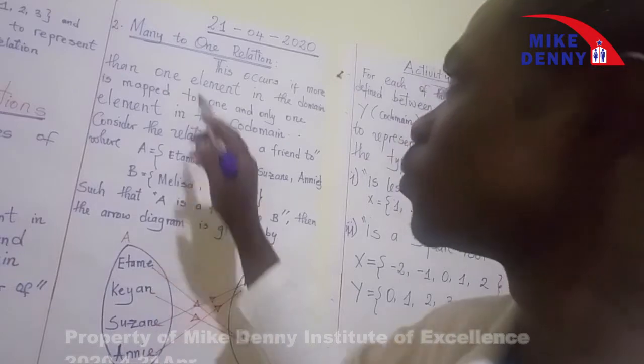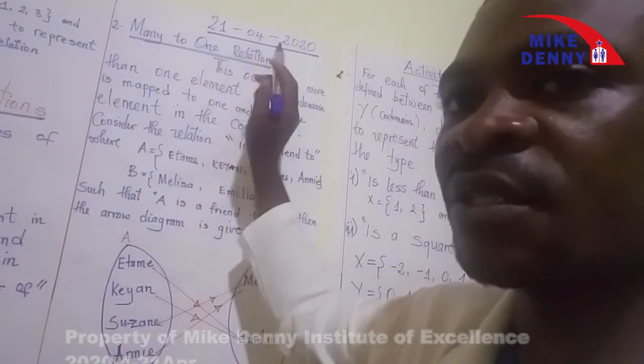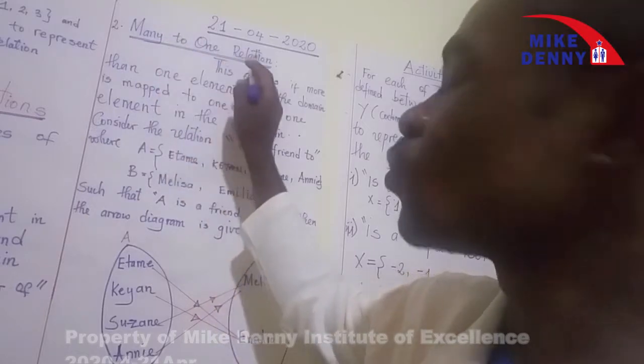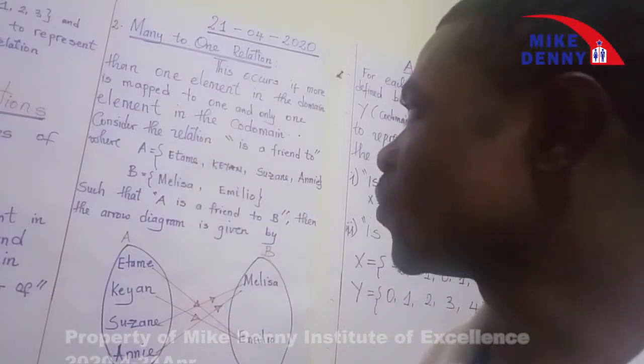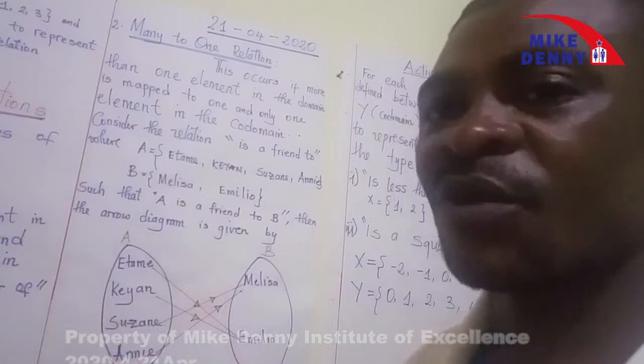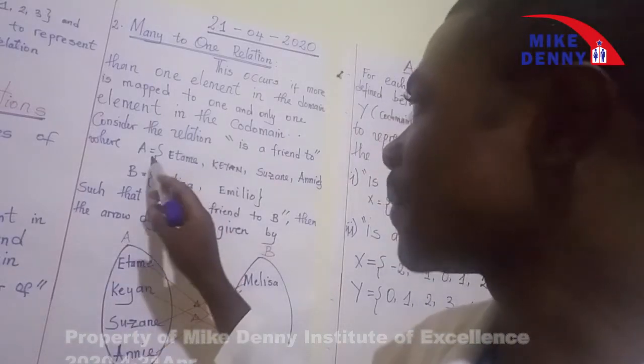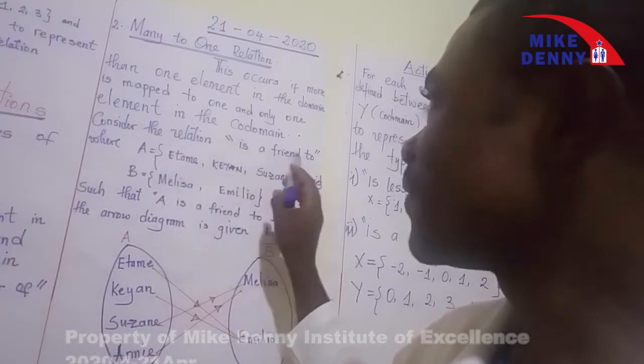Now let us go to many-to-one relation. It means so many elements from the domain are mapped to one and only one element in the codomain. That is the definition. So here we are going to use the names of some of our students to demonstrate that relationship. Look at what happens. If I consider the relation is a friend to,